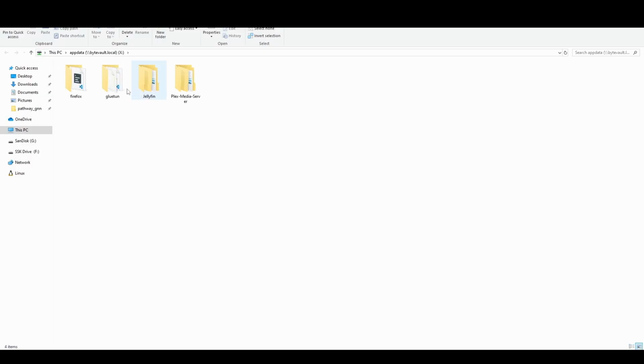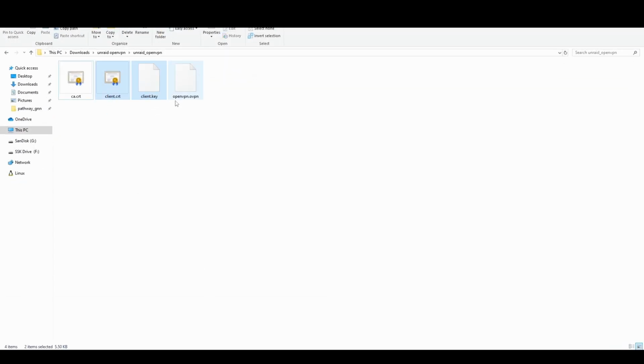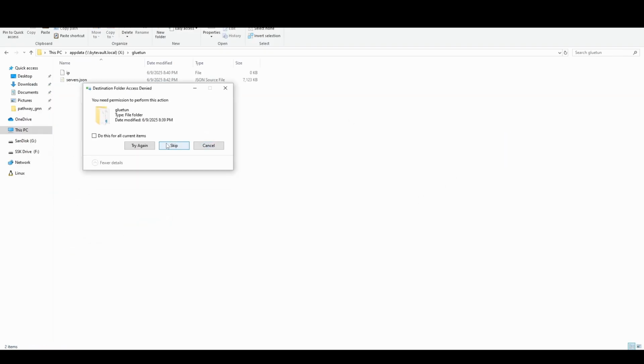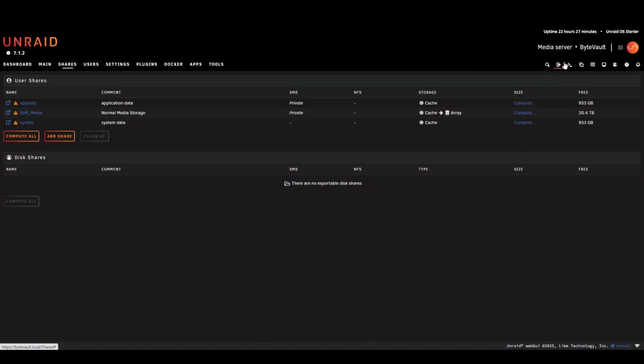And now I have it here, the app data folder, and I would try to copy these two files over to here. And as you can see, I don't have the permission to copy it inside this. So what I would do is I would copy these two files here for the moment, and I would go